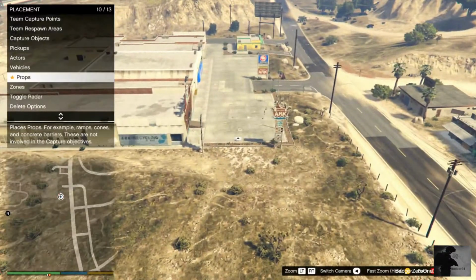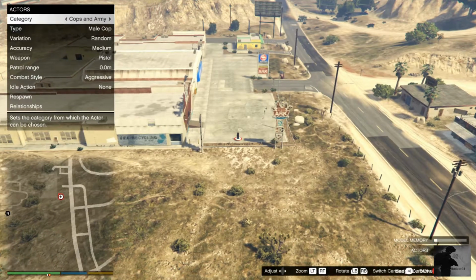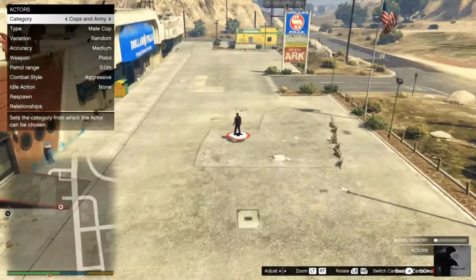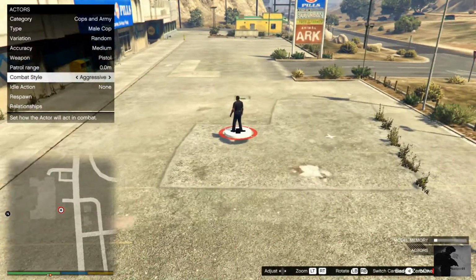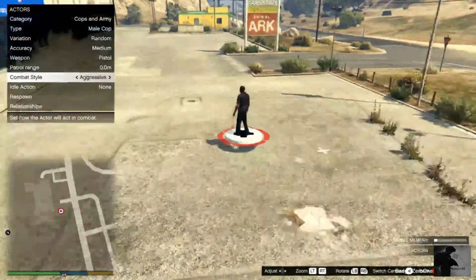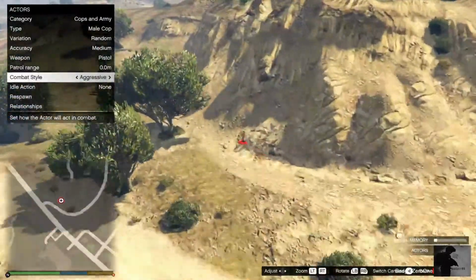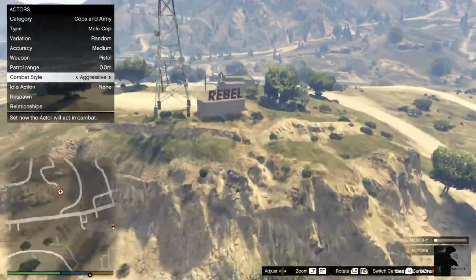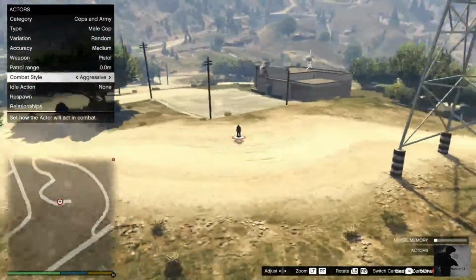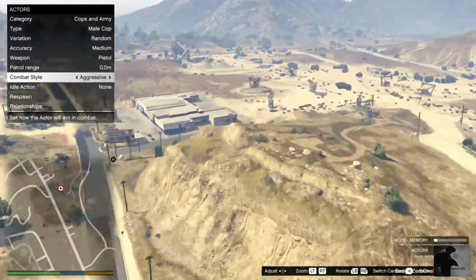The biggest thing I want to talk about is how to place your NPCs, and that just has to do with this combat style right here. Your combat style and patrol range. So if you want to shoot at your NPCs and they start pushing towards you, keep them on aggressive. If you want to shoot at your NPCs and then they stay isolated in the same area, then set them to defensive. I highly recommend you keep most of your NPCs on defensive, at least the ones around your main